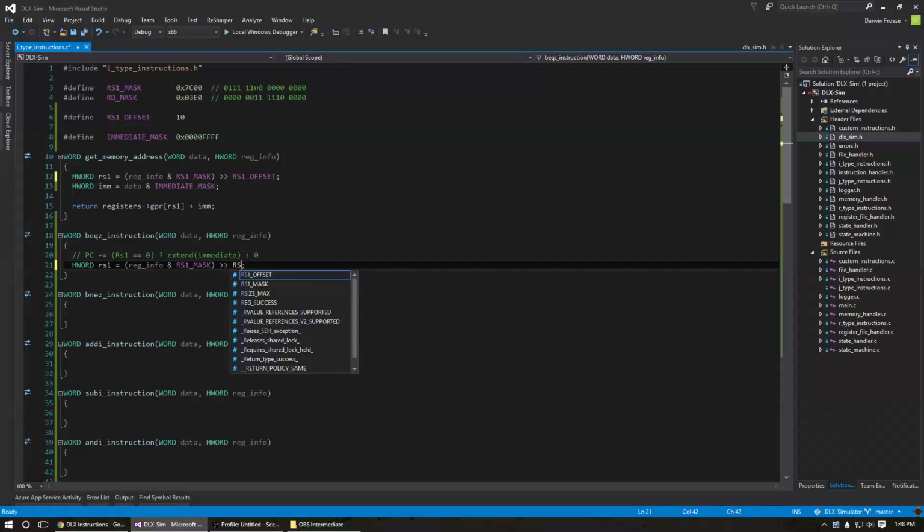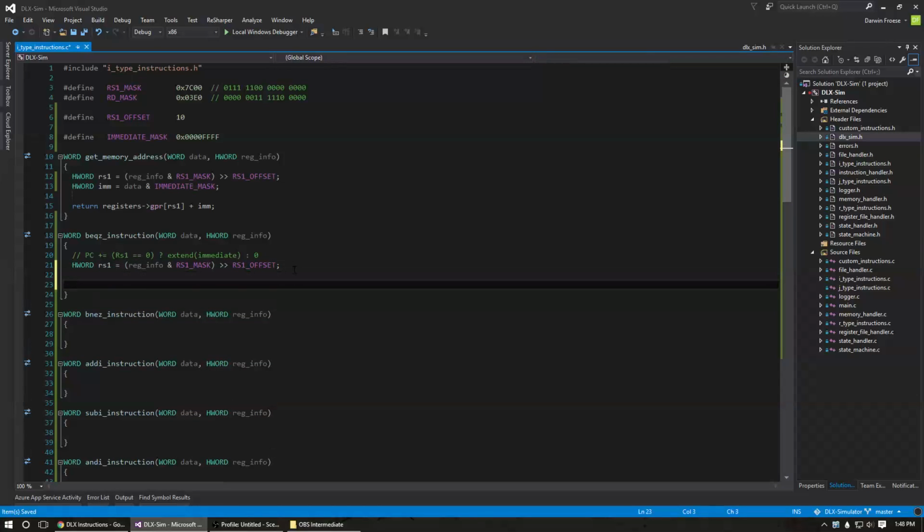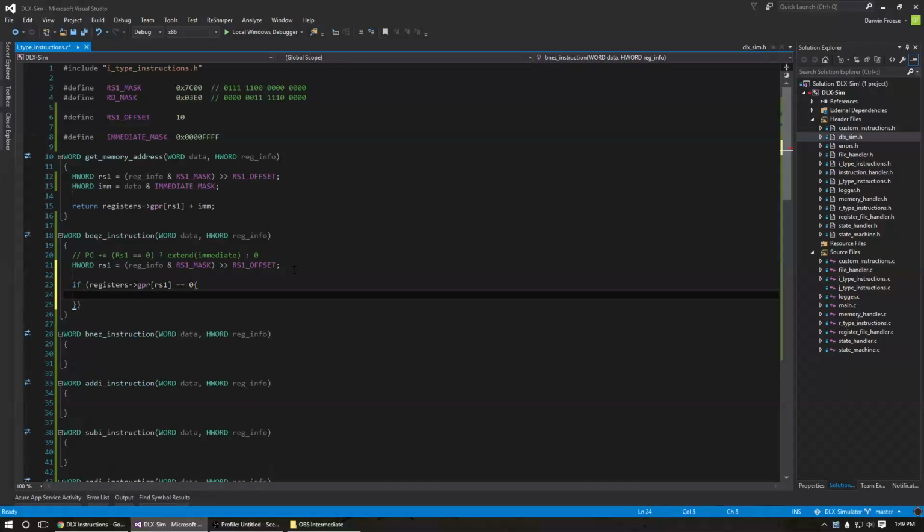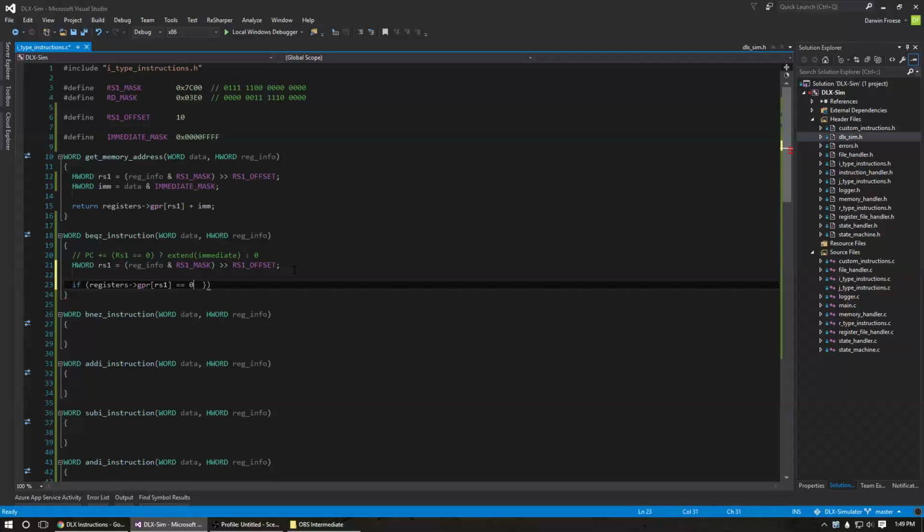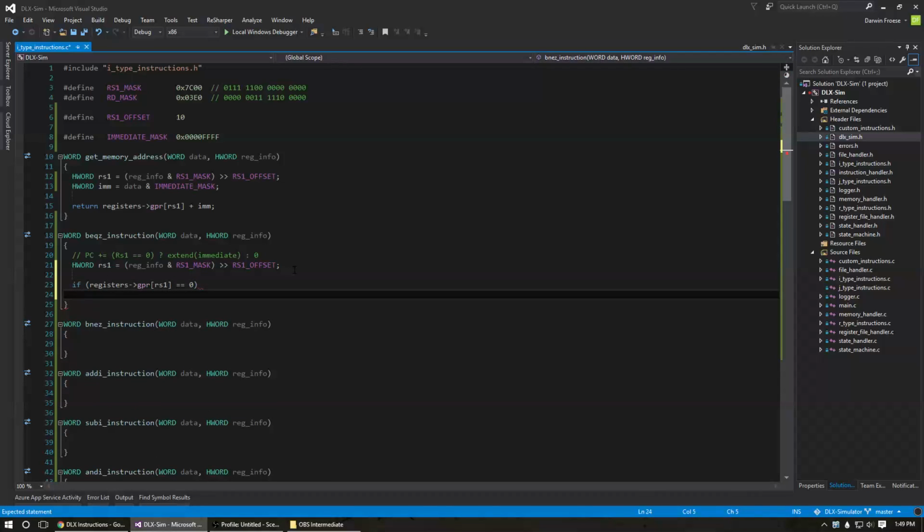Just make everything not hard-coded. So we have the register value. So now we need to check if registers GPR rs1 equals 0. Then we want to return